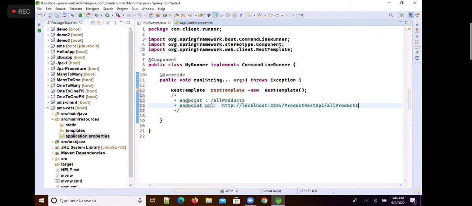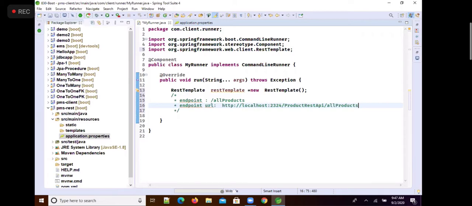If you want to exchange any headers in the request, or if you want to send any Java object in JSON or XML format in the request body, then you just add the headers and the body of the request to the HttpEntity object. Use this HttpEntity object to add headers and body.